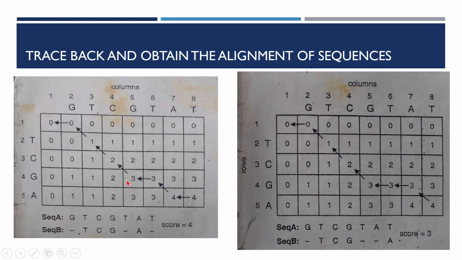By using this traceback path, you can obtain the alignment between these two sequences. When several tracebacks are used, based on the score of these alignments, you can decide which alignment is the best or optimal alignment.